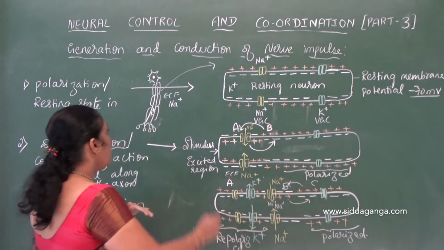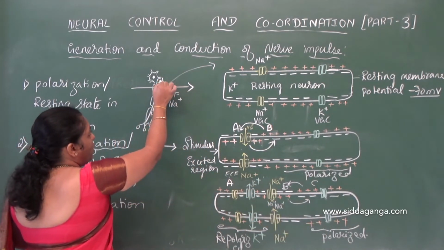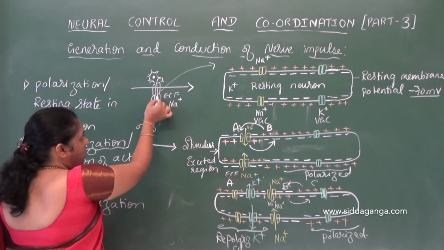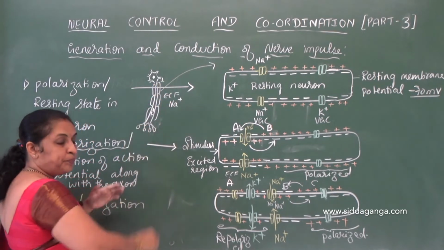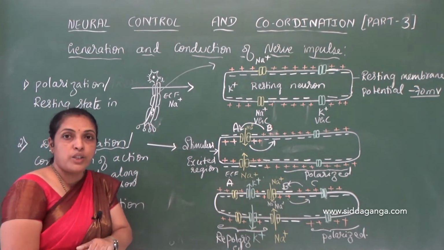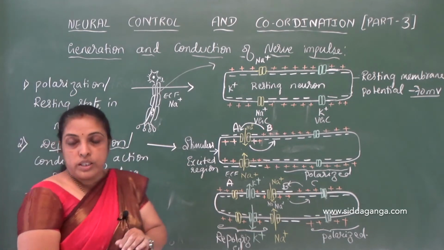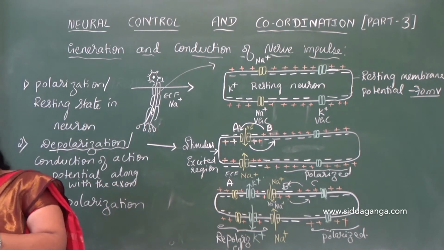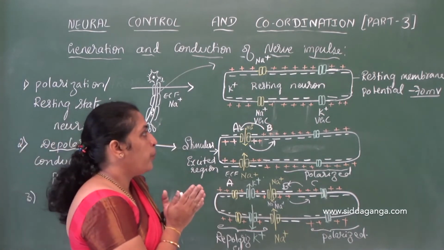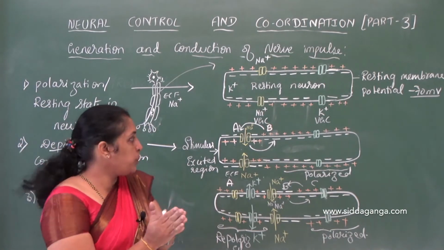In this way the stimulus information will be transferred from one part of the axon to the adjacent, till it reaches the axon terminal. So once again I will explain this. See, when neurons are at rest,